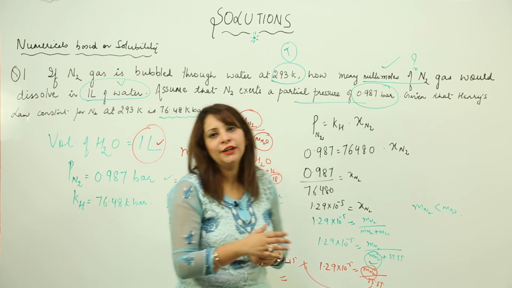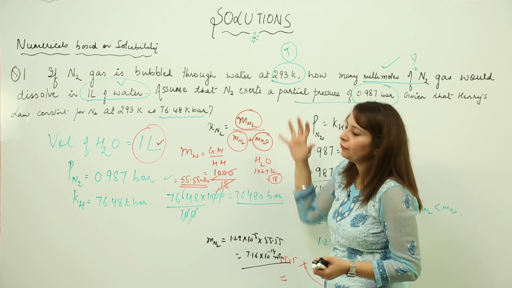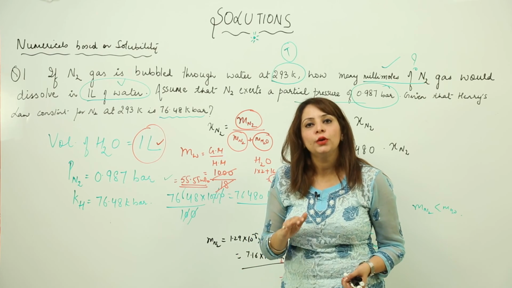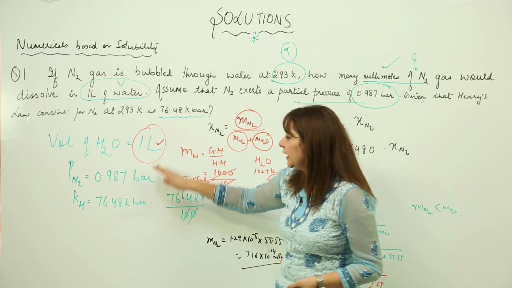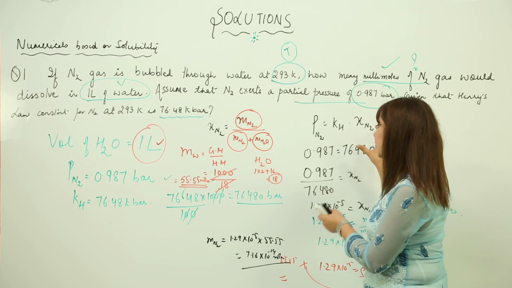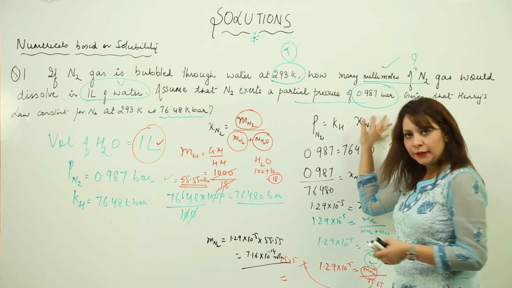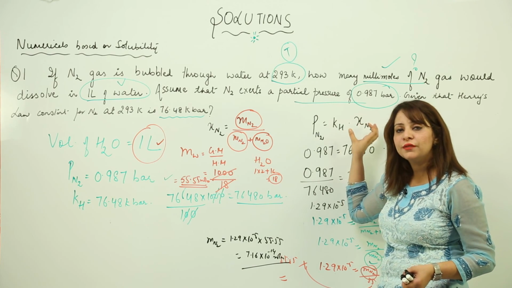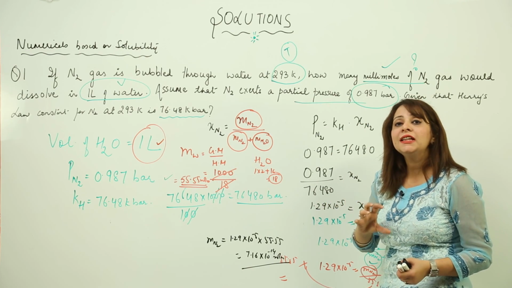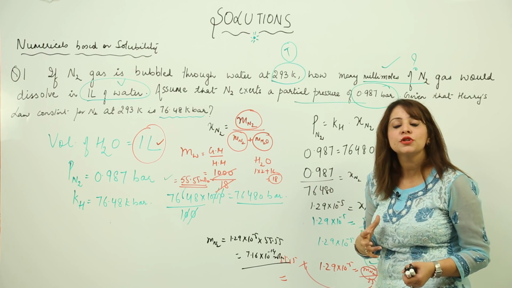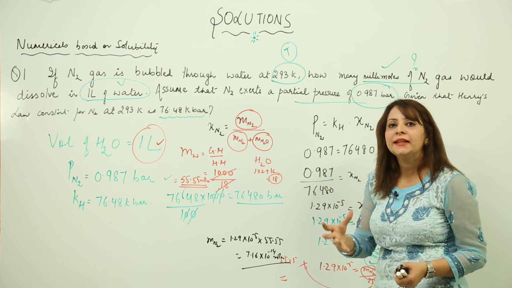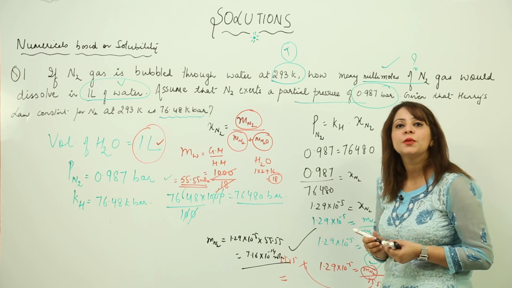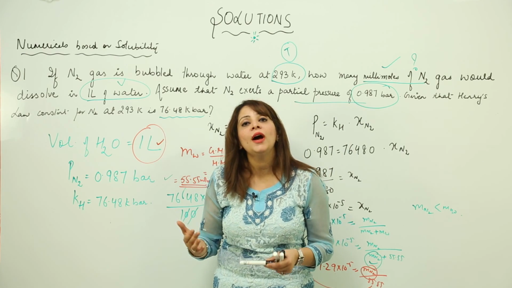So what we did is, you need to go through the question carefully and write the given values. The first step is to check the units. Always check the units. After checking the units, we substituted the values and solved for the unknown variable. The mole fraction is equal to the moles of this component divided by the total moles. Since nitrogen moles are very small, we can neglect that factor, and after solving you get the result, 7.16 into 10 to the power minus 14 moles. So this is how you have to solve it.